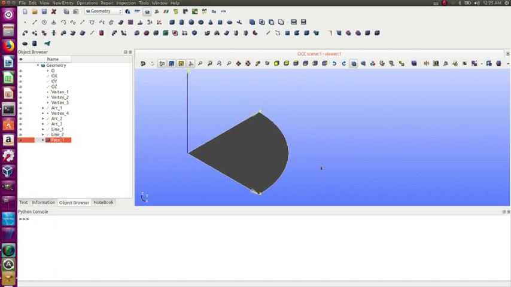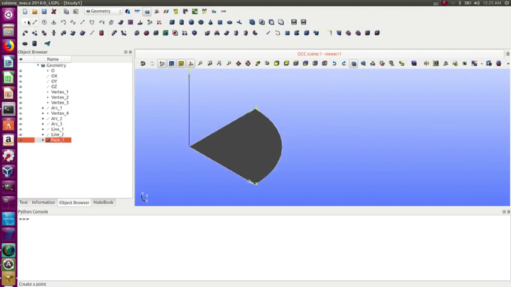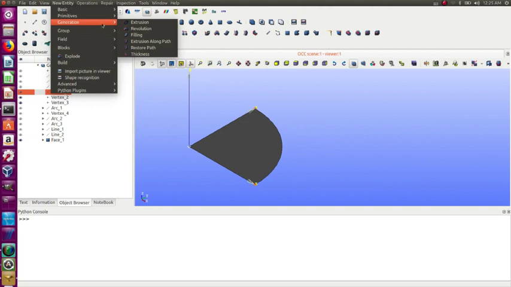So I'll have to mirror along an edge. There are two choices here. Either I move this to here, and it will be easy to have the mirror because I already have the axis here, or I could take the point here, extrude it, make a line, and then do a mirror like that. Maybe I'll choose the extrude method because I already have built all these points here. Anyway, you can do any method you want here. So let's activate the vertices that were hidden, and let's use generation extrusion,